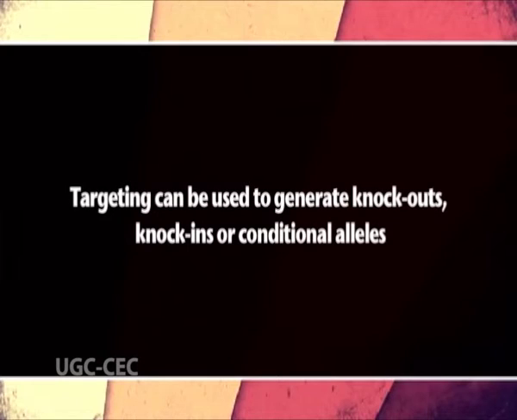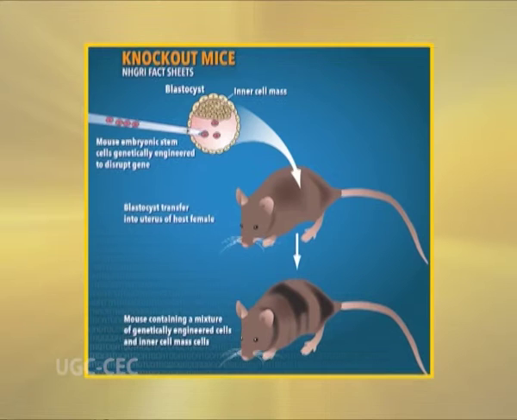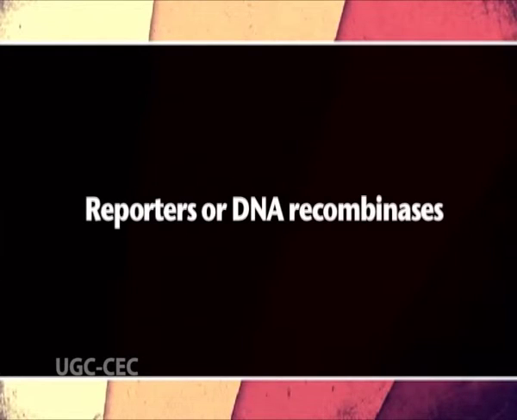Targeting can be used to generate knockouts, knock-ins or conditional alleles. Knockouts are used to define the overall requirement for a gene and to model loss of function mutations. Knock-ins introduce heterologous coding sequences such as reporters or DNA recombinases, or incorporate changes in DNA sequence to humanize a mouse genome or to generate point mutations. Conditional mutations are used to define the organ, tissue or cellular autonomy of mutant effectors, to circumvent embryonic lethality or